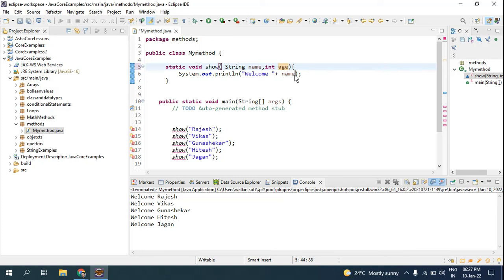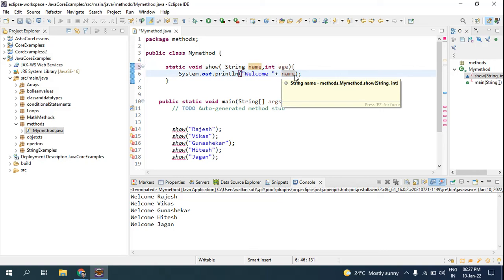But I'll make it clear here, welcome, then name, another plus operator, then I will ask to print your age is, then I will use that age parameter.